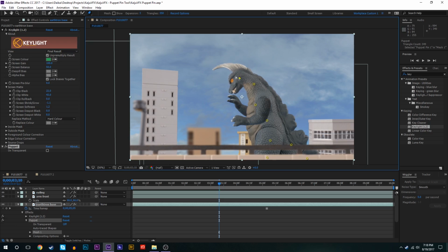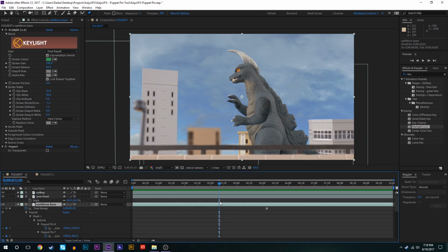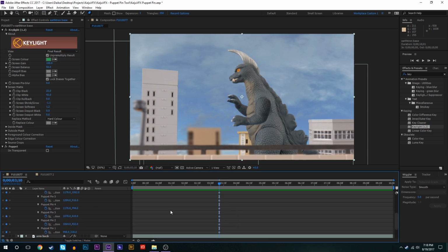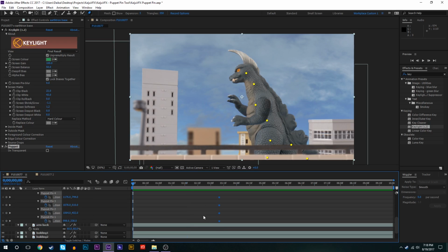So now we can sort of take these puppet pins and bend them around a little bit, and you can now sort of start to see how this entire effect is going to be coming together. So we'll click on the Earthtron base layer and press U to bring up all of the keyframes. And as you can see here, we have keyframes for each and every individual puppet pin. So what I'd like to do initially is have all these puppet pins at the base position at the very beginning. So we'll select all these, go back to the very beginning,